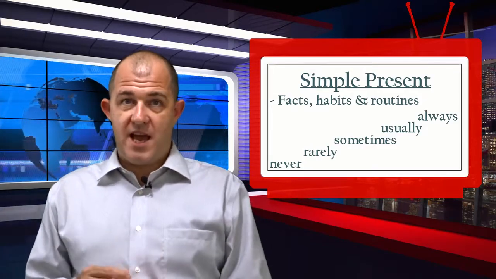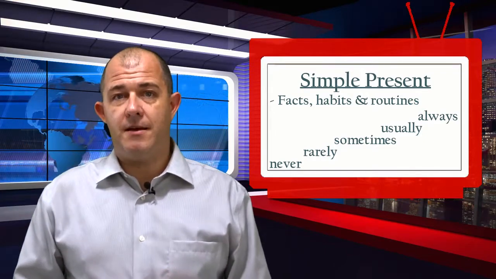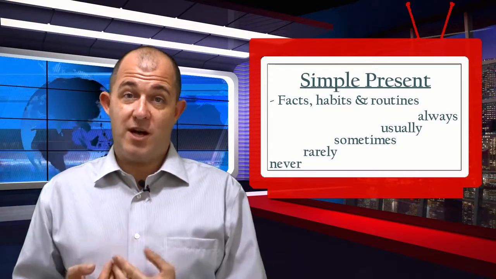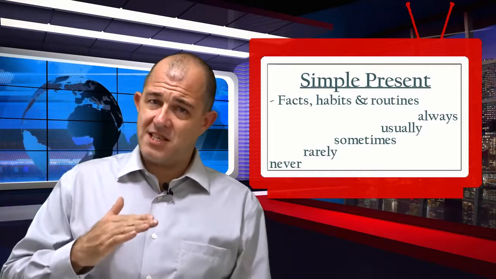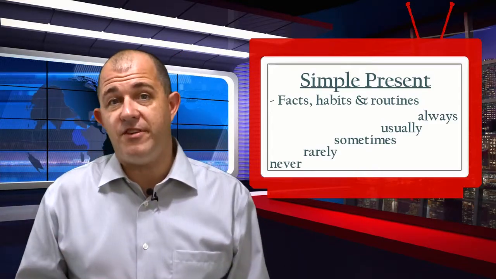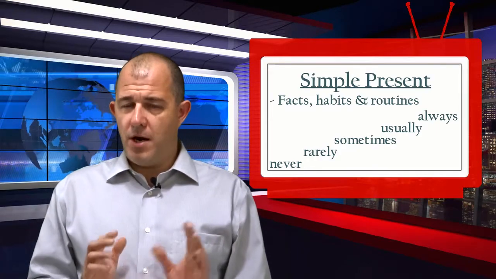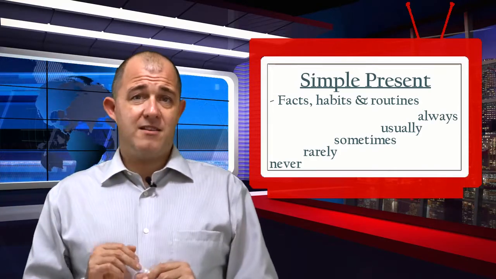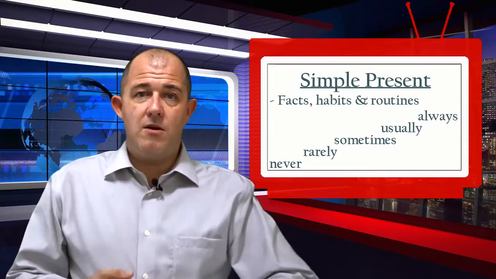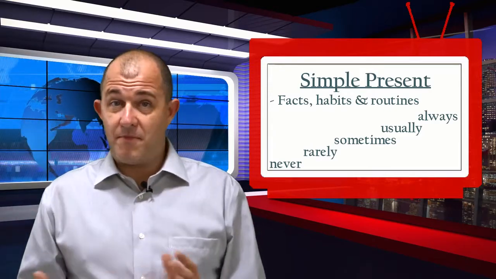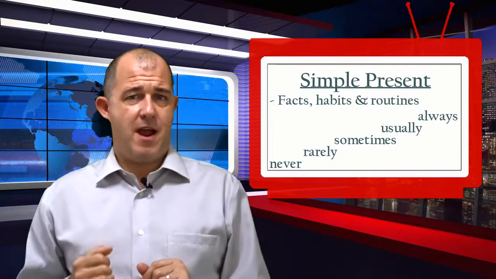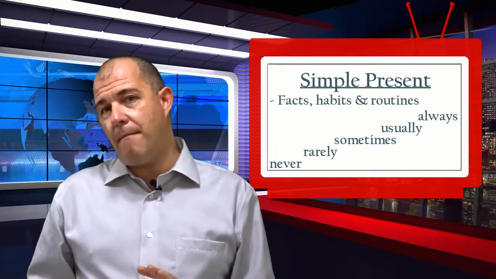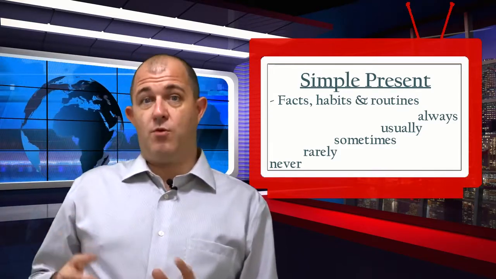For example, I could say, I always watch TV. And this communicates that it is very, very common for me to watch TV. If it's a little bit less than that, I could say, I usually watch TV, which still means it's very common, but always is saying that it's almost 100% of the time, right? So maybe all the time when I am at home, or every night of the week, something like that. Usually is a step down from there. Sometimes I watch TV is less common. It's still common, but not so much as always or usually.